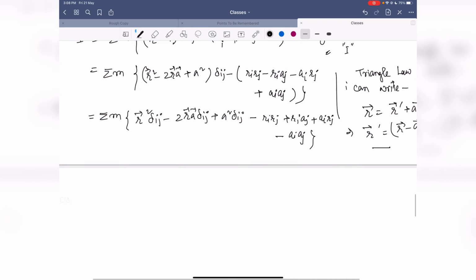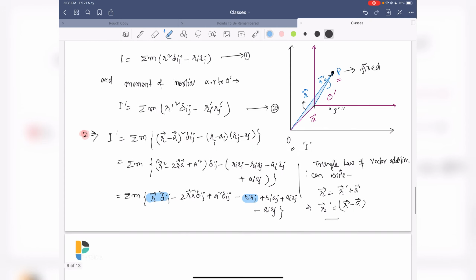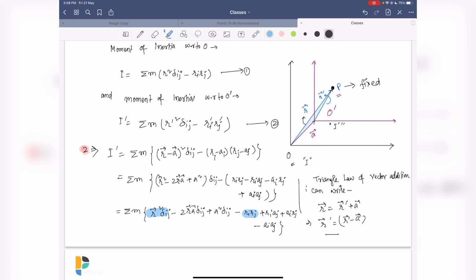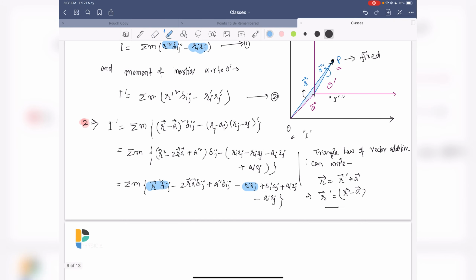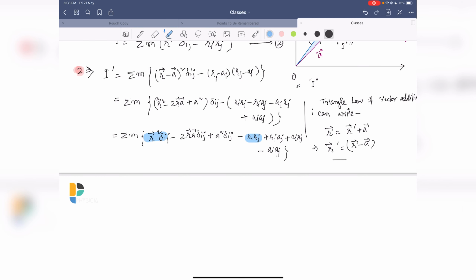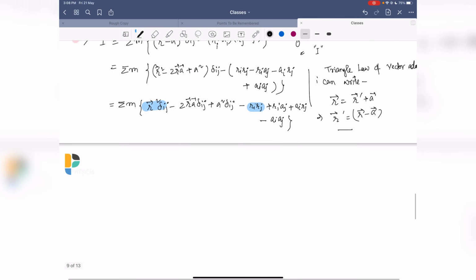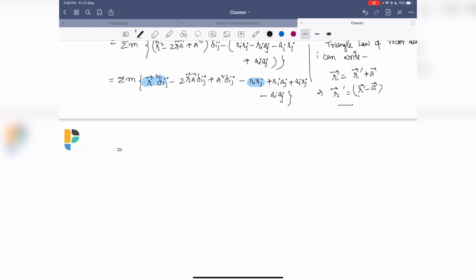Now you see, this term is R square delta ij and Ri Rj. I can write them as the moment of inertia tensor, because the summation of m is here, and R square delta ij and Ri Rj are the same. So I will write it accordingly so that I can write it as the moment of inertia tensor. So it will be the summation of m, R square delta ij minus Ri Rj,